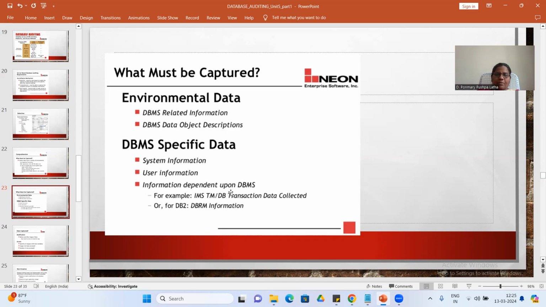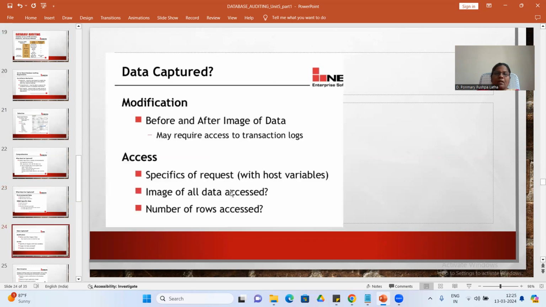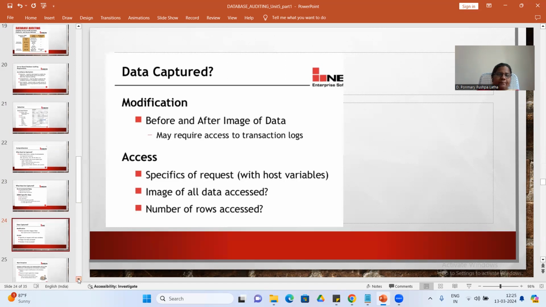And for the data captured, whenever you collect it, keep the before and after image of the data, the modification and also the access. Whether a copy of all the data was accessed or only a few rows were accessed.